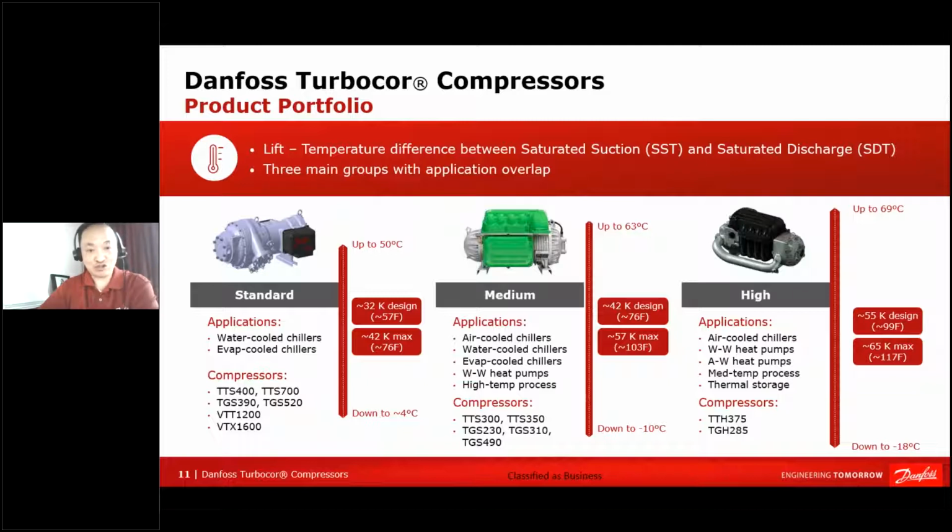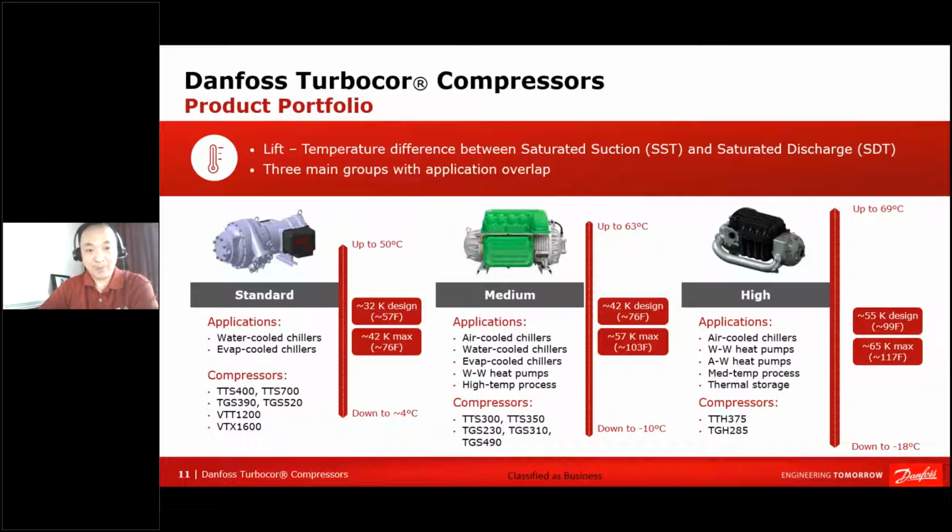We also offer a medium temperature line of compressors, medium lift applications, which are suitable for use in air-cooled chillers, water-cooled chillers with high entering condenser water temperatures, water-to-water heat pumps, and process applications. And then finally, we offer a range of high lift applications, which is the model line that you see on the right. And those are suitable for very high lift applications that are commonly seen in air-cooled chillers in hot ambient climates, such as the Middle East, water-to-water or air-to-water heat pumps, high temperature process applications, high temperature heat recovery applications, and thermal storage applications. So again, we cover a complete line suitable for just about any type of air conditioning, heating, or